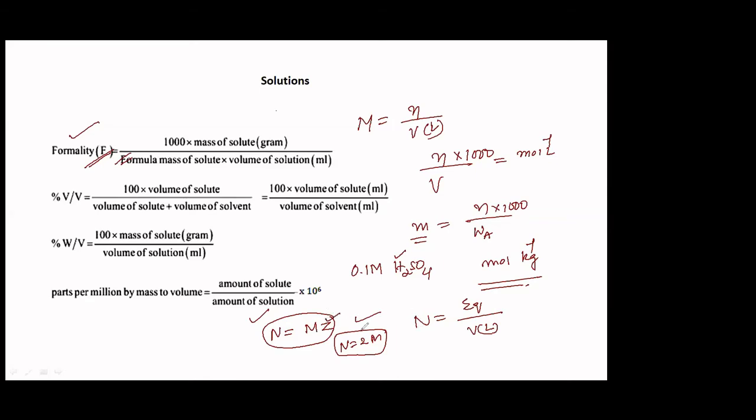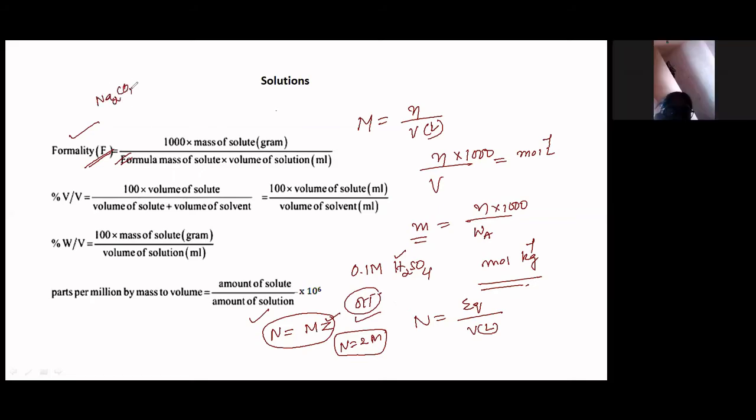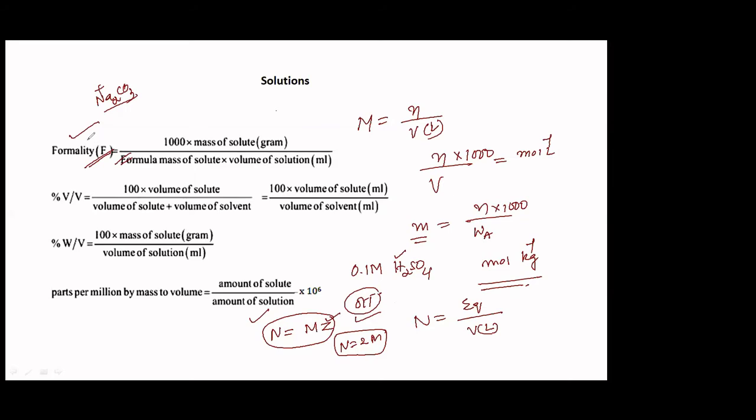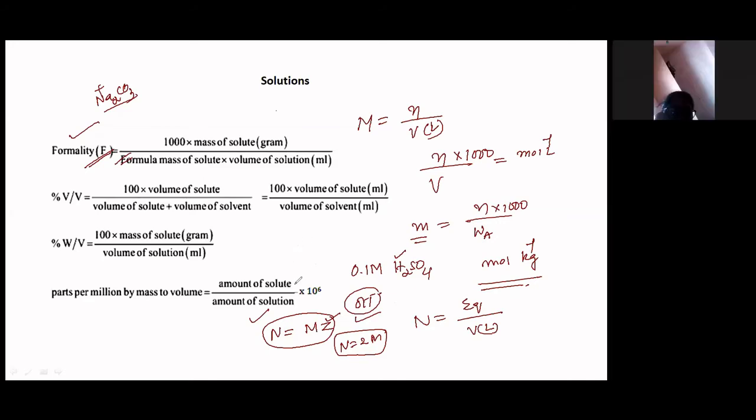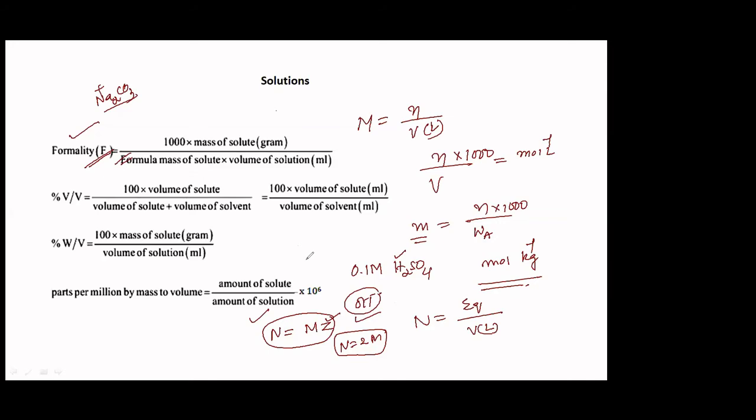So the Z factor is very easy to calculate for acids and bases, number of replaceable H plus ions or OH minus ions respectively. For salts like Na2CO3, total number of positive charges or negative charges also. So molecular mass divided by total charge on the cations or anions. And for oxidizing and reducing agents, it is the number of electrons required for oxidation or reduction. So that is how it can be calculated. Then weight by weight and mass by mass percentage and all those things, you know that.